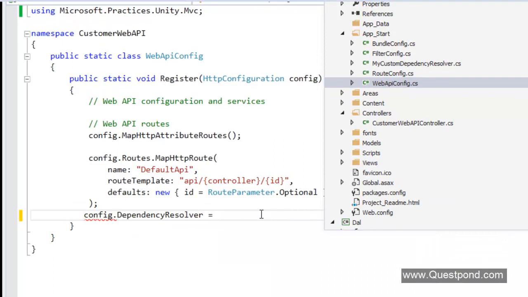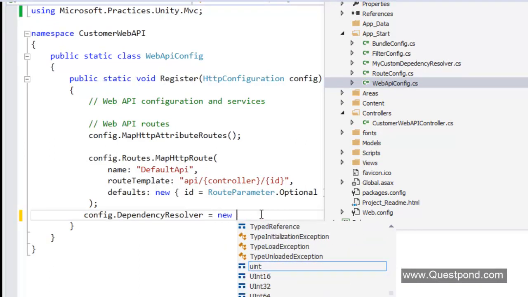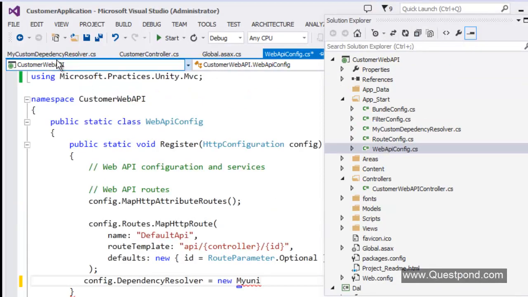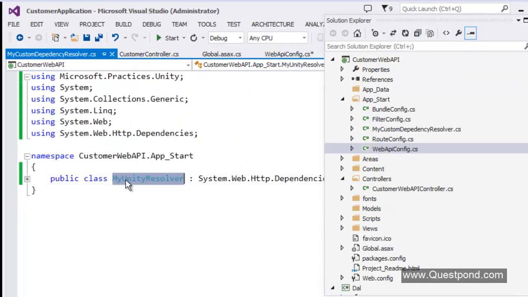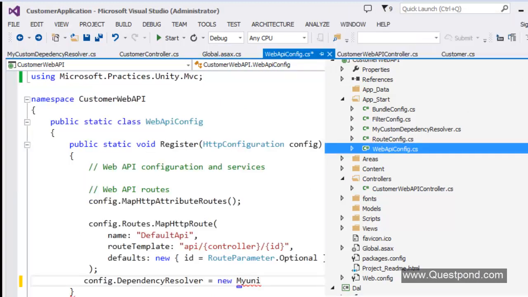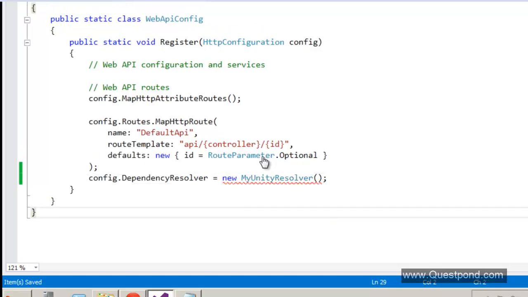To this, we just need to say, okay, my Unity resolver. So we need to create the object of my Unity resolver and give it to this dependency resolver.